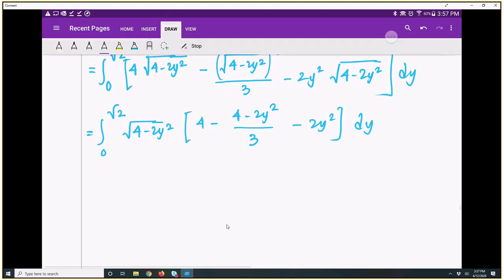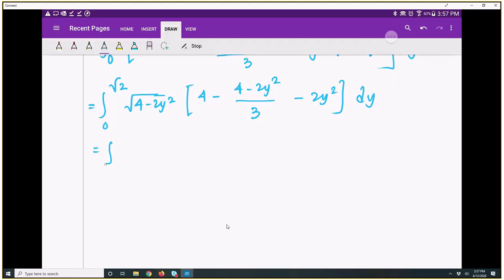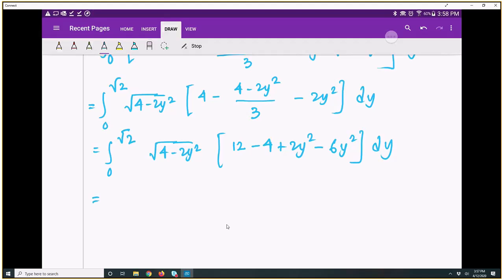So this term equals the integral from 0 to square root of 2, square root of 4 minus 2y squared. Let's simplify the inside. You will get 3 times 4, 12, minus 4 plus 2y squared minus 6y squared dy,